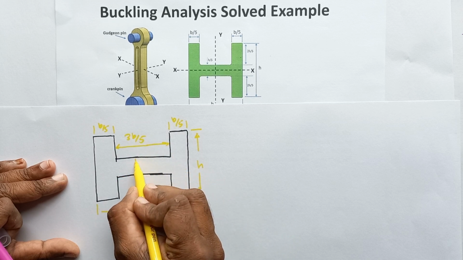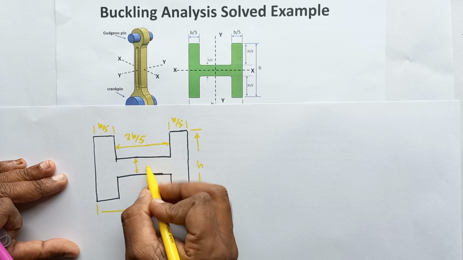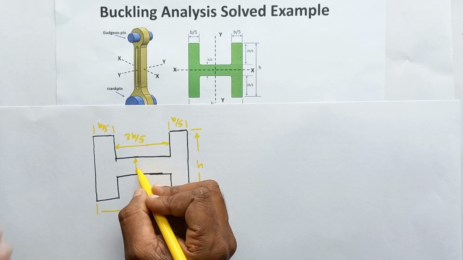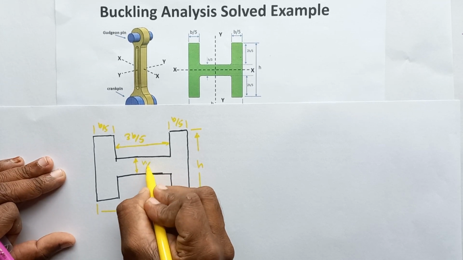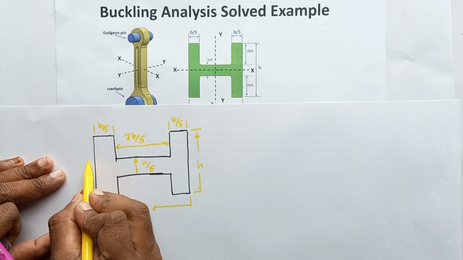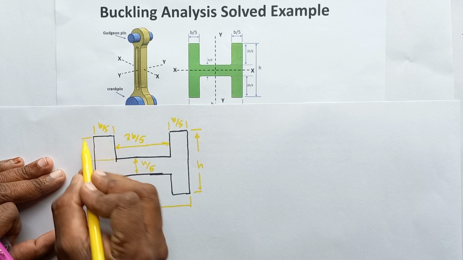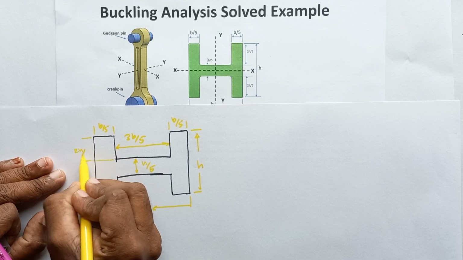Then this thickness is equal to H divided by 5. So then this length is equal to 2H divided by 5,